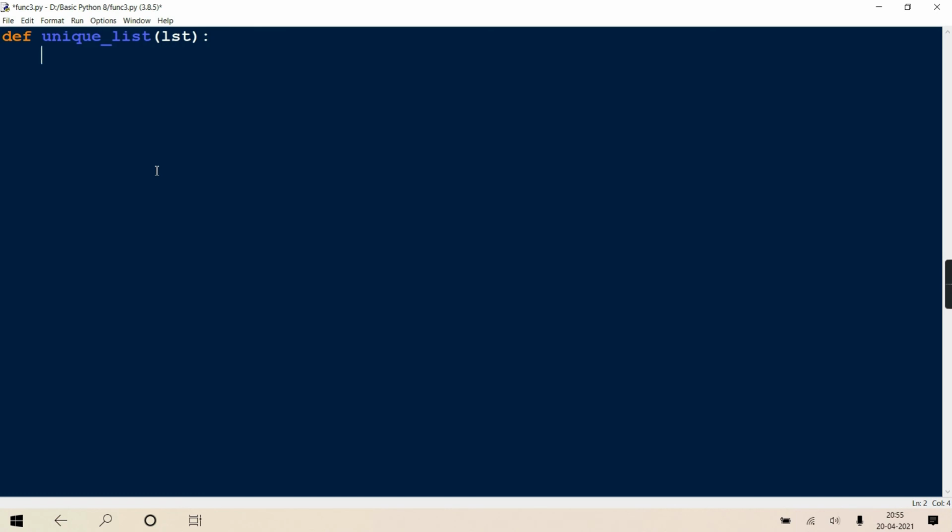Now inside you create one more temporary list, TLST I'll call it, which is an empty list. At this moment it is empty. How to create an empty list? Just assign square brackets. Very easy. Python makes coding too easy compared to Java and all. In Java the coding is more lengthy than Python. So TLST equal to square brackets. So it's just an empty list.